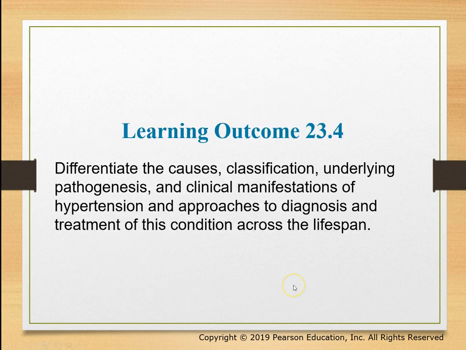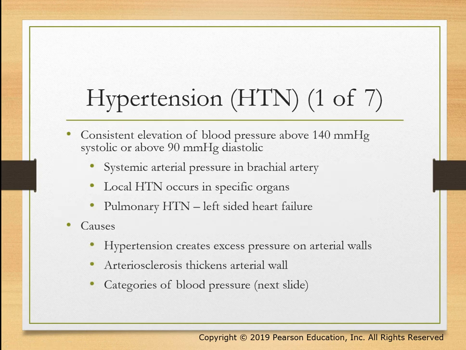Okay, so this next part is going to talk about hypertension. Okay, so high blood pressure, what consists hypertension, right? Consists in elevation of blood pressure above 140 systolic or above 90 diastolic. Okay, and I'm assuming in your clinical assessment class you're learning how to take blood pressures. We know that systolic number is that top number, and the bottom number is the diastolic.